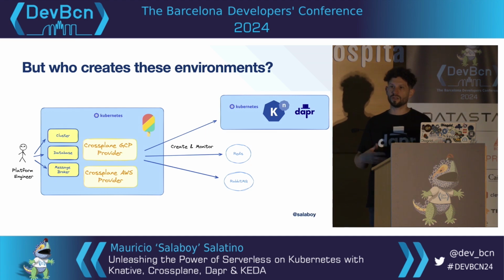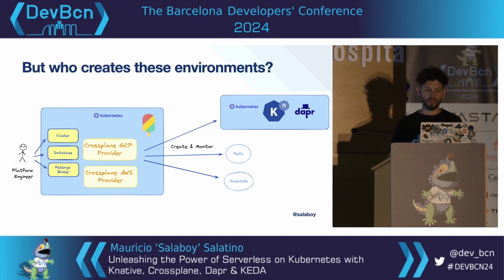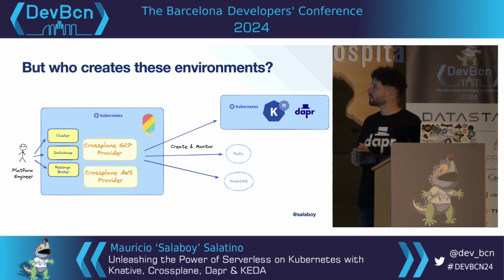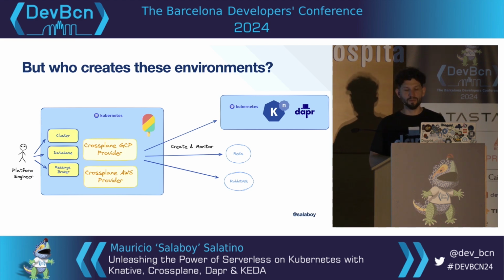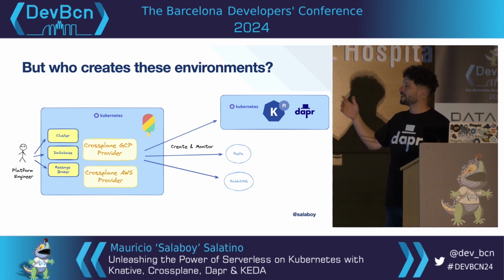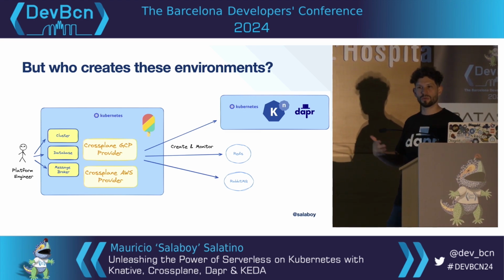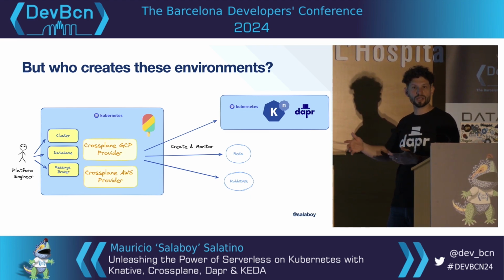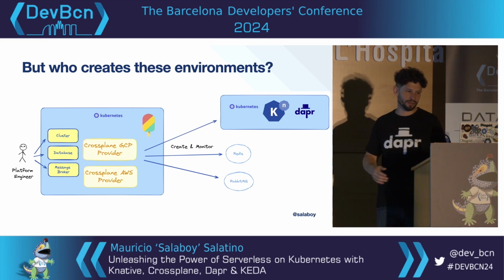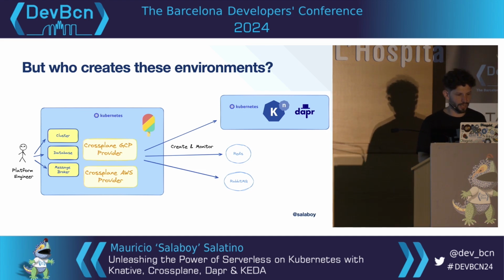Somebody needs to create and configure these environments in a way that it's reproducible, but also simple to use. So a platform engineer can use something like Crossplane, that is something that you will install in your clusters in order to provision cloud resources or resources in general. It's interesting because Crossplane is not using Kubernetes as most people will use it. Most of us will use it just to run workloads. With Crossplane, you basically install Crossplane in a cluster where you are probably not going to run your applications. You will have a management cluster that is in charge of provisioning resources, but not running your workloads. Your applications will not be running in that cluster. At least you shouldn't do that, I think.